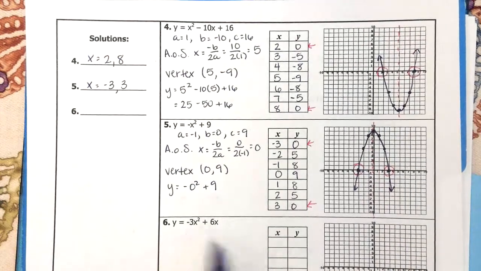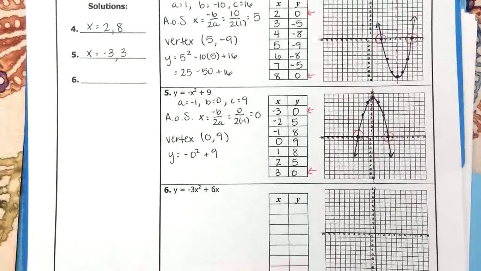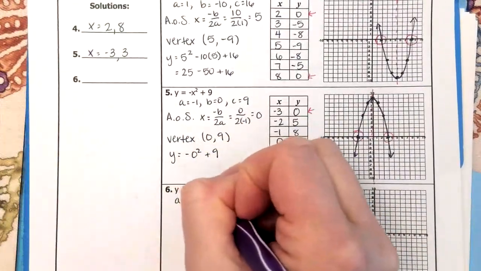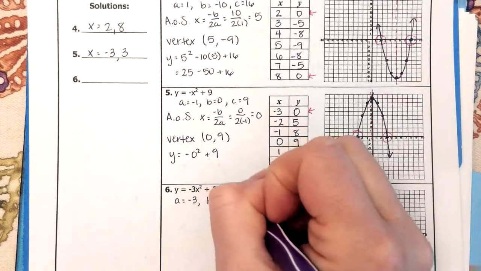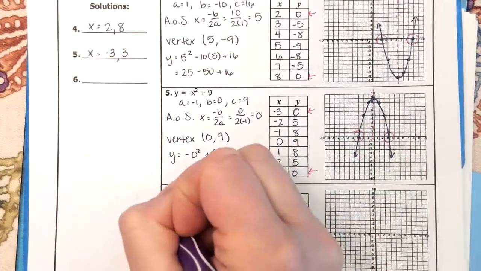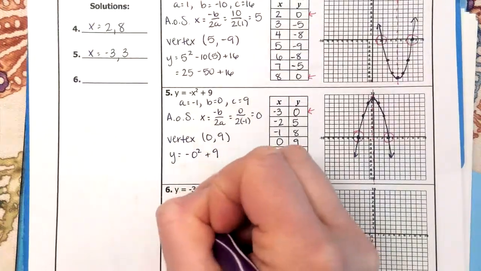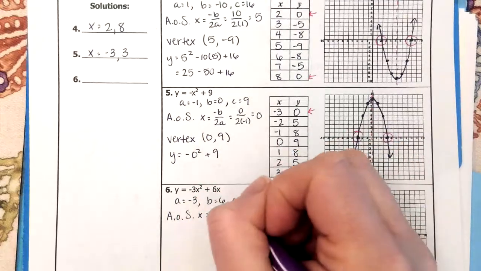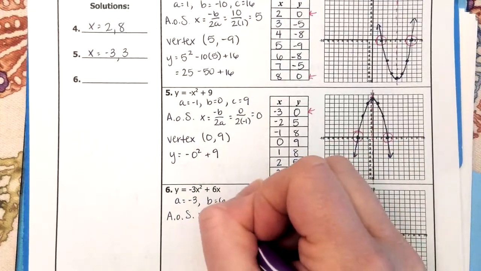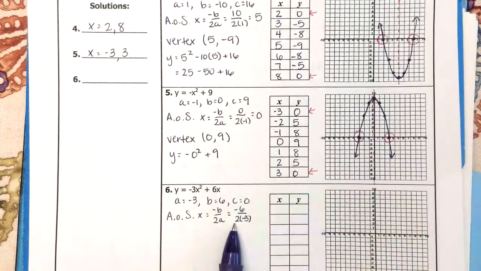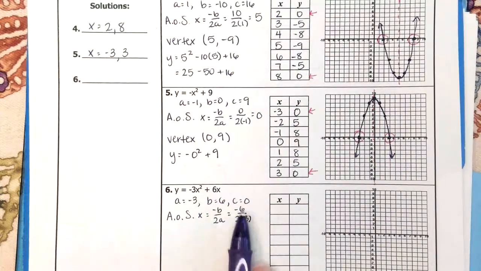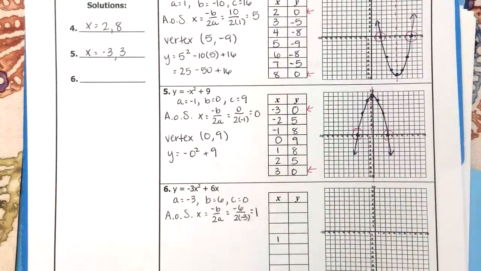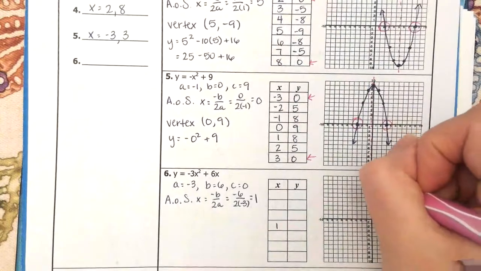And then with this last one, again, I start by identifying that a is -3, b is 6. I don't have a c, so c is 0. My axis of symmetry, x equals opposite of b over 2 times a. Well, opposite of 6 is -6 divided by 2 times -3. 2 times negative 3 is negative 6, and negative 6 divided by negative 6 is positive 1. So drawing my vertical line through x is 1